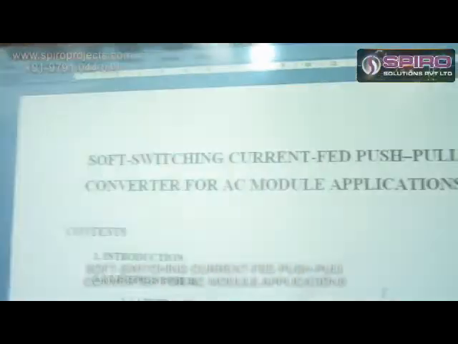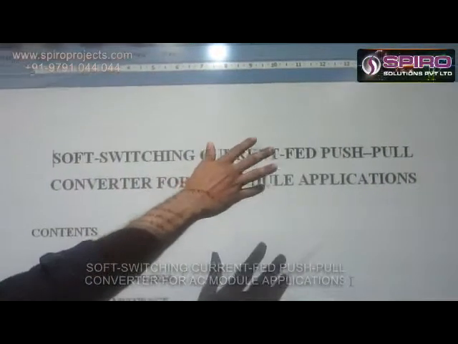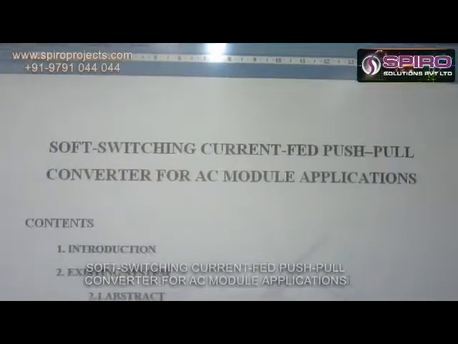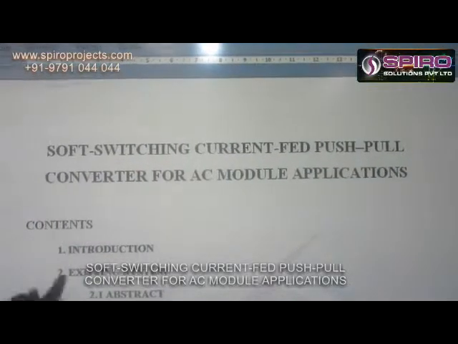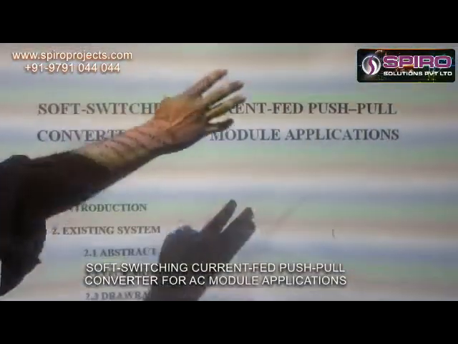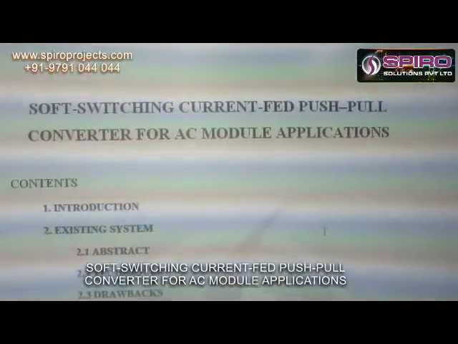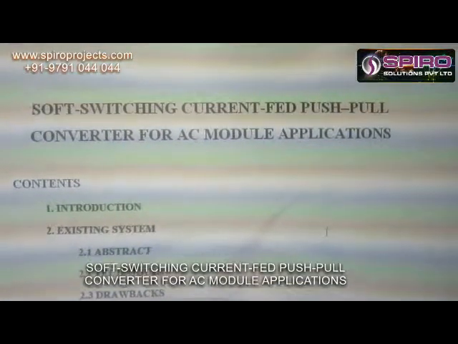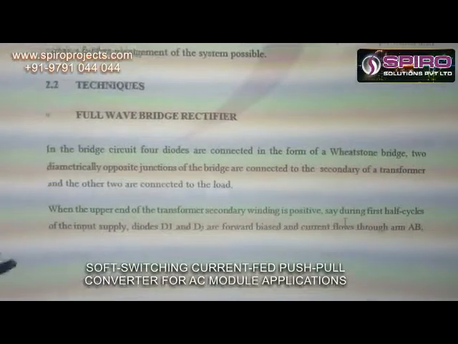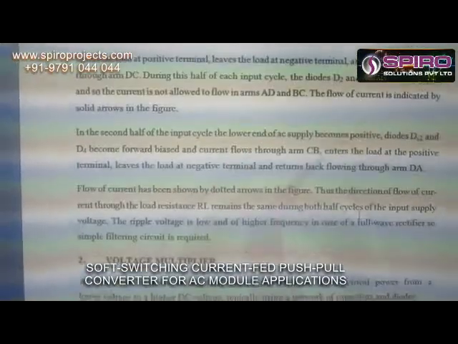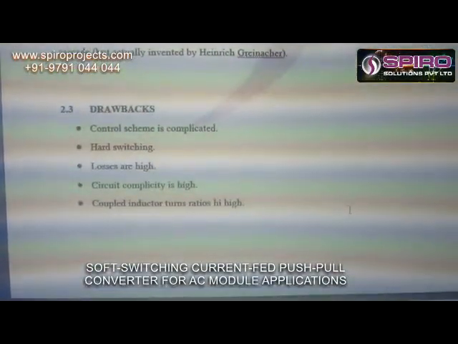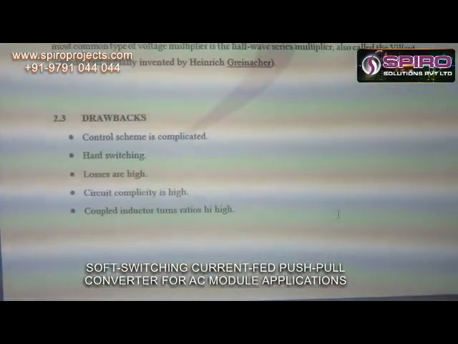Let us see the project: soft switching current feed push-pull converter for AC module applications. For AC module applications, we use a variety of converters. But our proposed system is a current feed push-pull converter using a soft switching technique, because the previous converters have more losses and produce a low amount of energy to the load, but our proposed system overcomes this